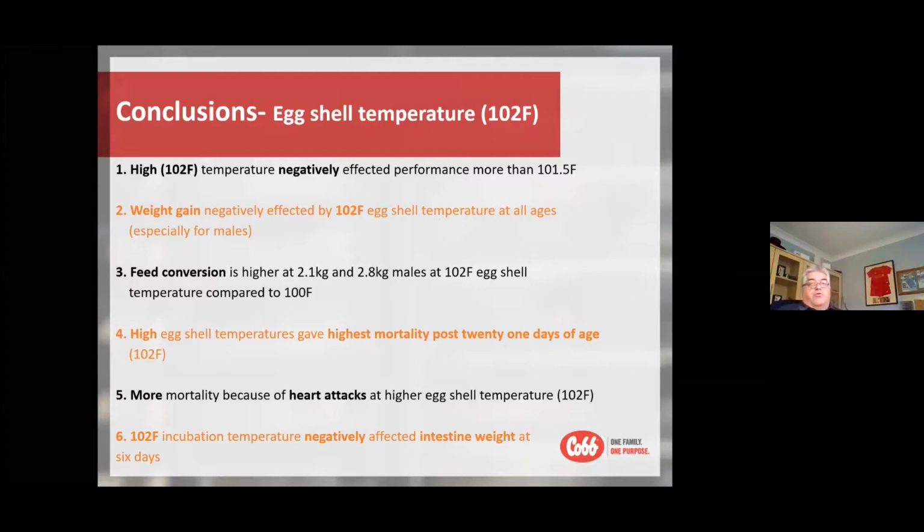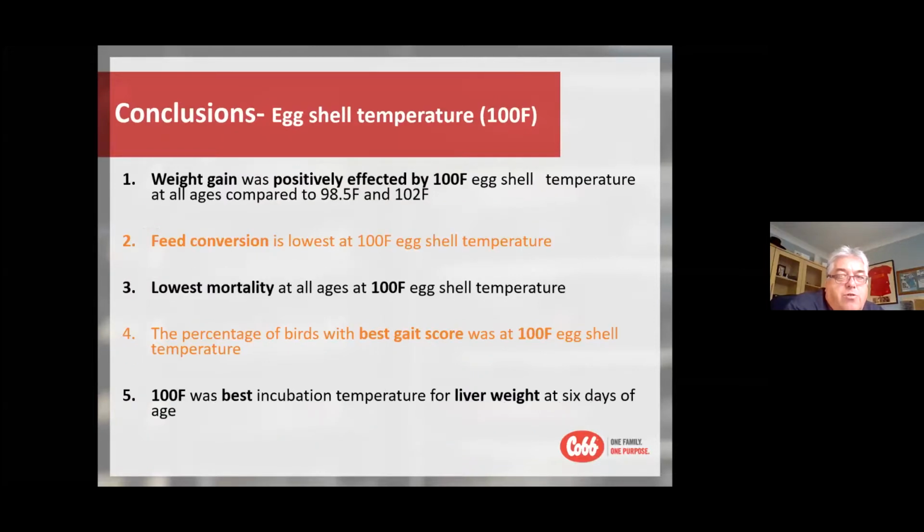We saw that 102 degrees was more negative than 101.5 degrees Fahrenheit. We saw weight gain was negative after 21 days of age. Feed conversion was higher at 2.1 kilos and 2.8 kilo males. We saw more heart attacks and a negative impact on intestinal weight at 6 days of age. And basically the 100 degrees, or the optimum, gave us all the positive results each time. So it was quite conclusive on what we saw from these trials, and I still think it's very relevant today